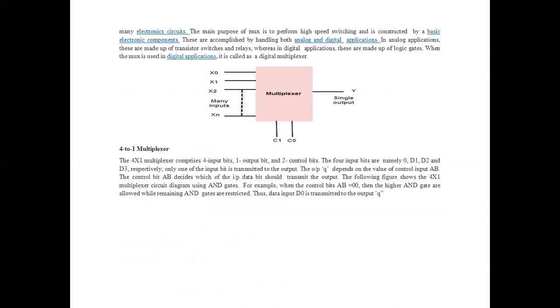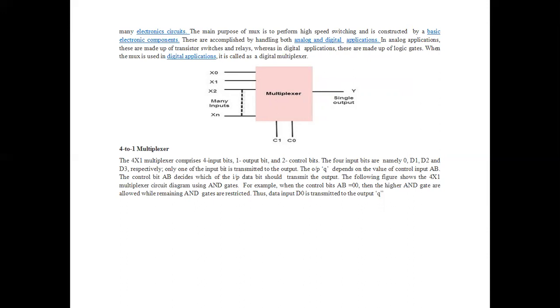Next, we are going to see the multiplexer. A multiplexer is a basic electronic component which is used for switching, high speed switching and relay purposes. Here many inputs will give a single output, which is said to be a multiplexer.